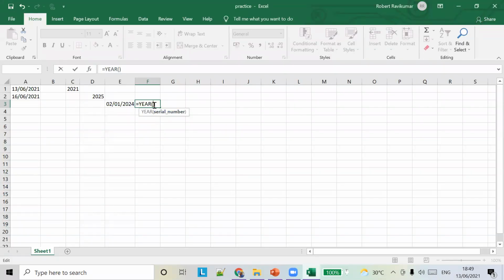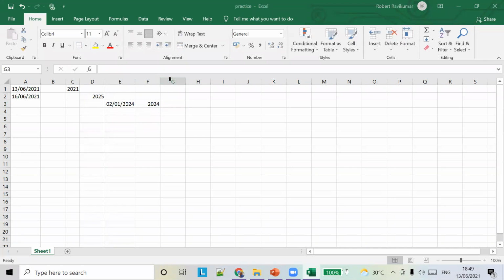So what you can do is pass this particular date. If you do this, you will get the year from this date. The difference between these two is the way we have created the date. Here we didn't type the string, but we created the date using the DATE function.